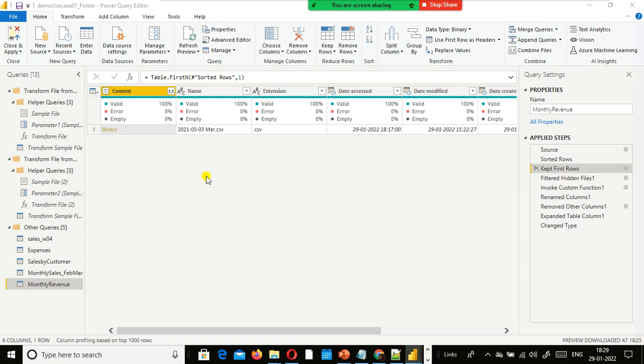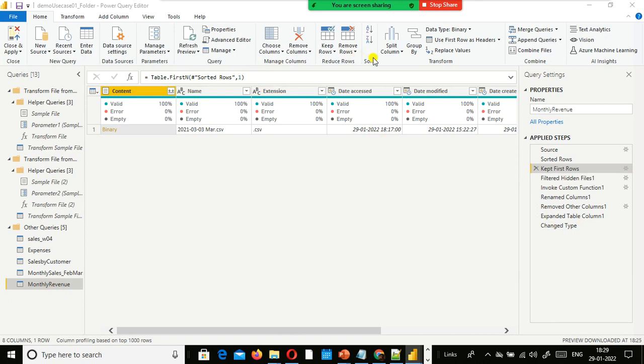You don't need to follow the naming convention there also. Simply, I put 3 files in a folder. The naming convention can be anything. All the values in those 3 files will get combined together, and for us, it appears as a monthly revenue. In a single query itself, you can see the 3 months data. But I don't want to pick up all the 3 months. Every month, whenever I push new files in a specific folder, for that file alone, it should apply the same thing. How do you set this one?